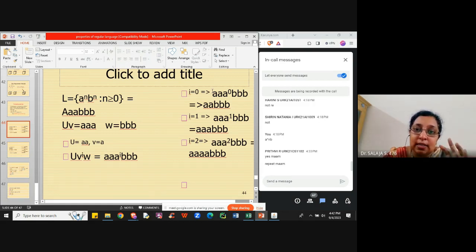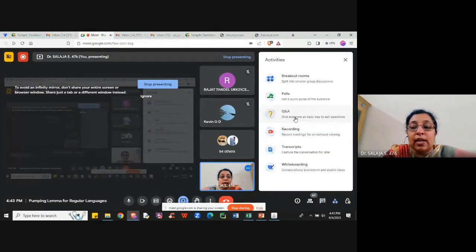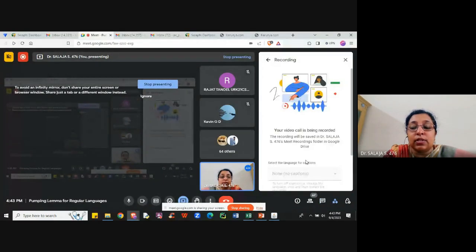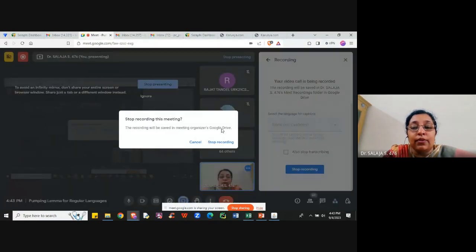Try to understand this problem alone. Wherever you are given something to the power n, that part, the first part, you take it as uv. The rest, any number of values you have, you take it as w, and then you try to explain it. Fine. We'll stop here. If you have any doubts, you can ask me. The rest, I'll be sharing some solved questions. We'll also upload the